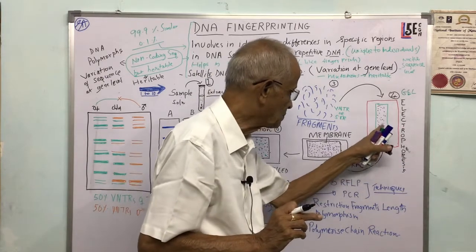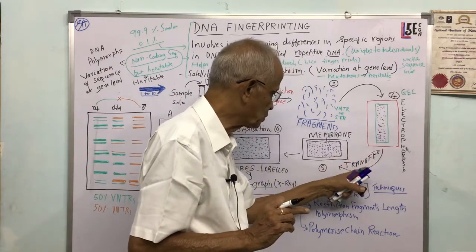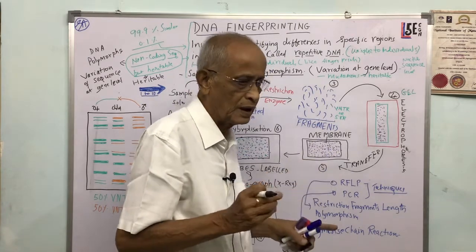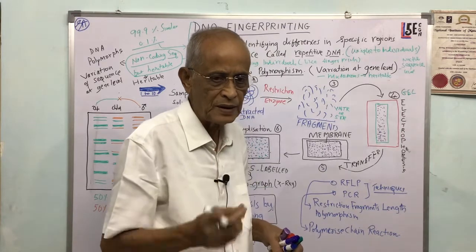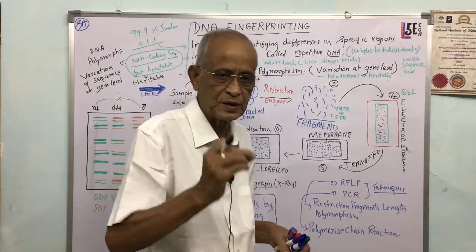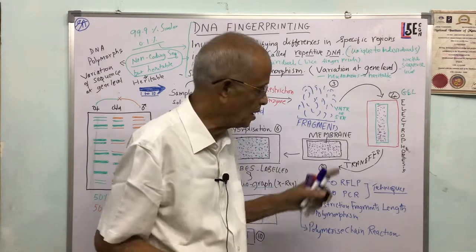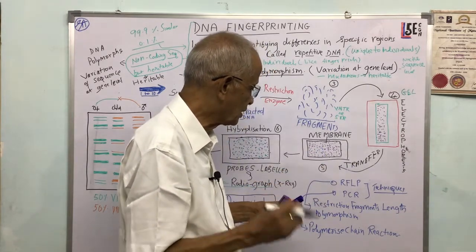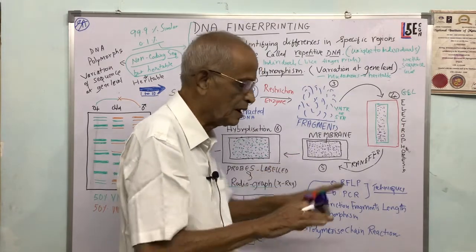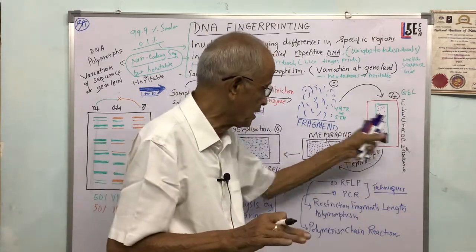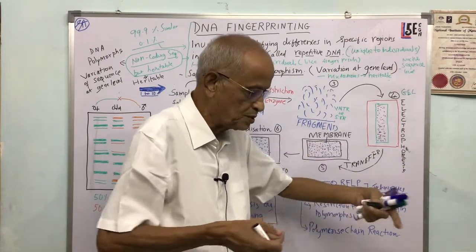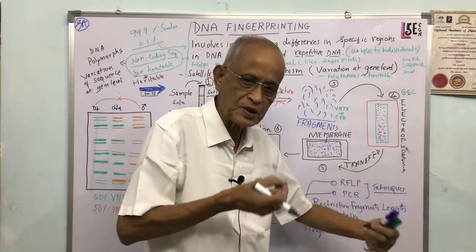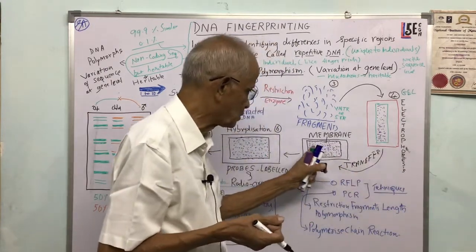And then that particular gel is transferred onto a membrane. Again the membrane may be a nylon membrane or an artificial membrane. It depends upon the laboratory and the technician and the scientist who is doing it, but they transfer it to a membrane. What is the purpose of doing that? They transfer it so that there will be a good spread. Now from the gel they are taking it to a thin membrane, because they have to subject the DNA fragments to various other treatments. So it is removed and transferred to the membrane.